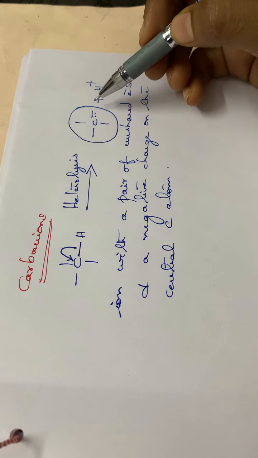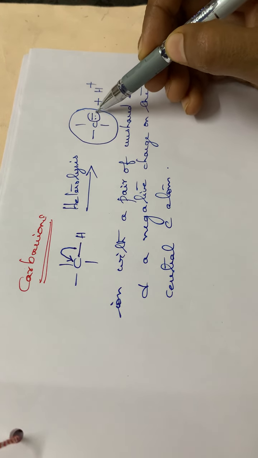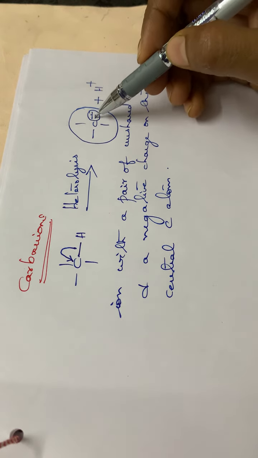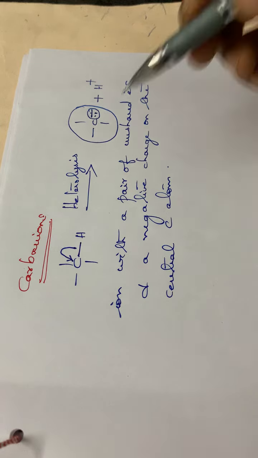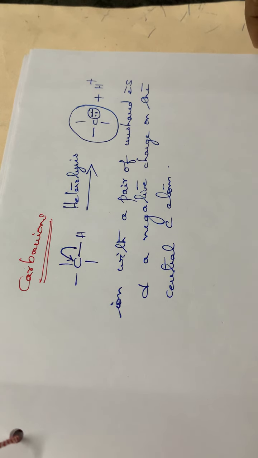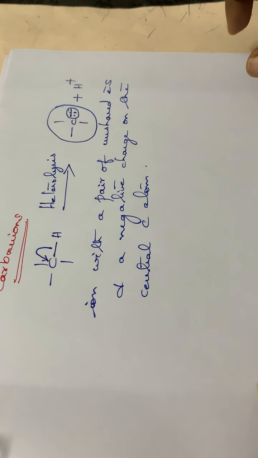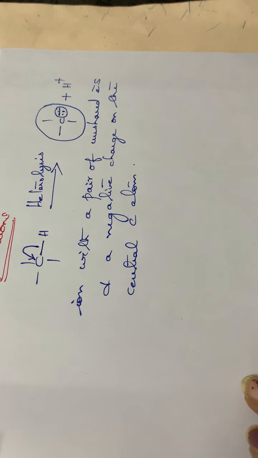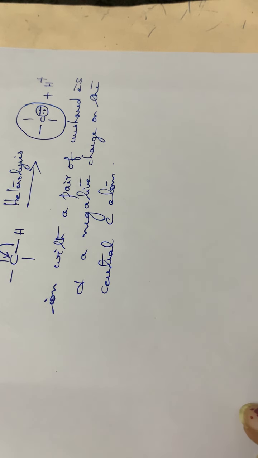Carbanion means it is having an unshared electron pair and also a negative charge. That is what is called a carbanion. Normally this carbanion will be carrying a negative charge. So this is the definition for carbanions, and again, just as in the case of carbocations, these